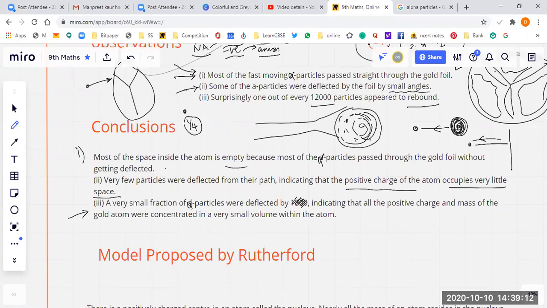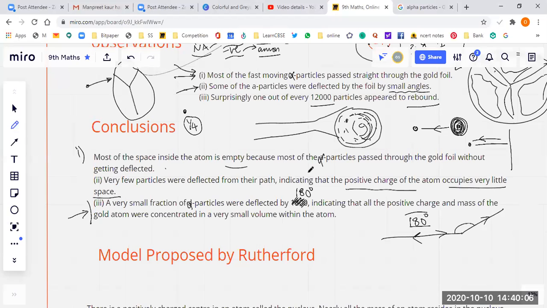deflected, indicating that all the positive charge and mass of the gold atom were concentrated in a very small volume within the atom। दोबारा पढ़ो मनसिमरत इसको, ये थर्ड पॉइंट। Third point, sir, a very small fraction of particles were deflected by 180, indicating that all the positive charge and mass of the gold atom. ये 1800 नहीं है, ये 180 डिग्री है। 180 डिग्री का मतलब क्या हुआ कि ऐसे आया, अगर ऐसे डिफ्लेक्ट हो जाता तो ये एंगल होता, तो इन दोनों के बीच का एंगल क्या है? 180 डिग्री।